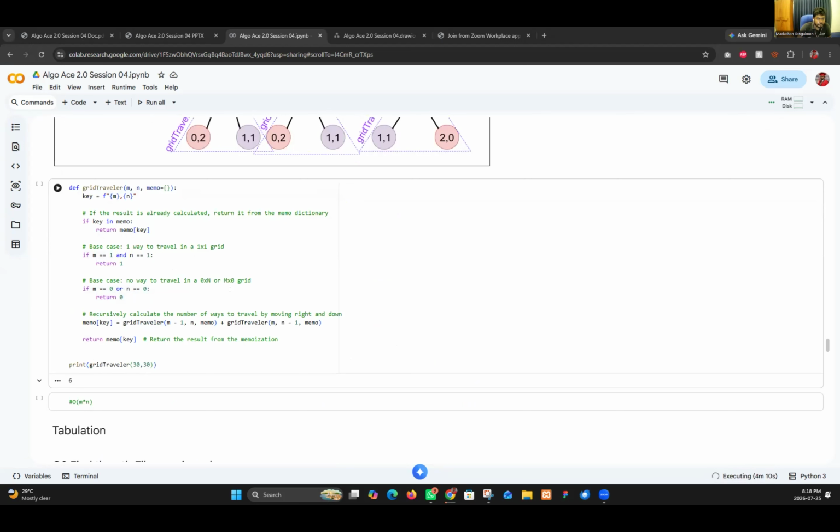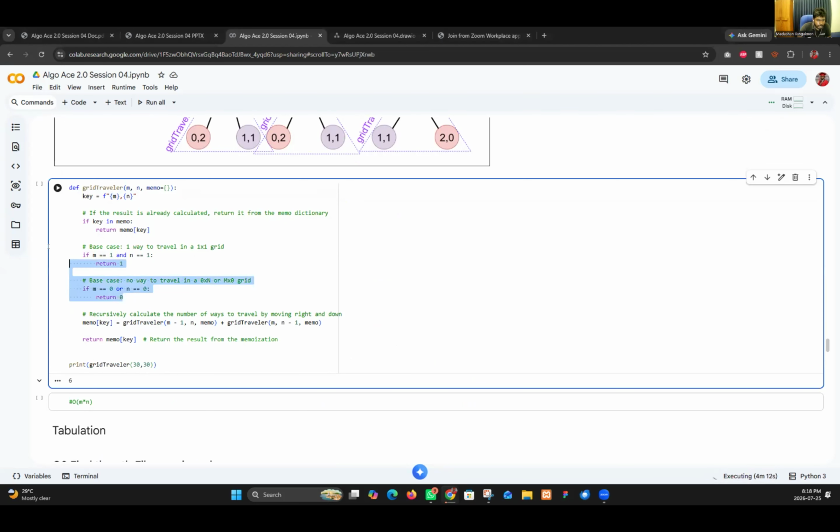In here, definitely you need to handle those base cases. We call these special base cases. So you need to handle them. I think you know this.